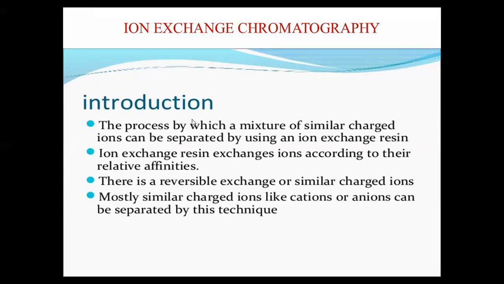So here one of the important parts is what? Instead of using the common adsorbents, which are routinely used in column chromatography, where the function of the adsorbent is to adsorb the substance on the surface of the adsorbent layer, that is the stationary phase, here there is use of some resinous material. On the surface of the resinous material, some charged ions are present.